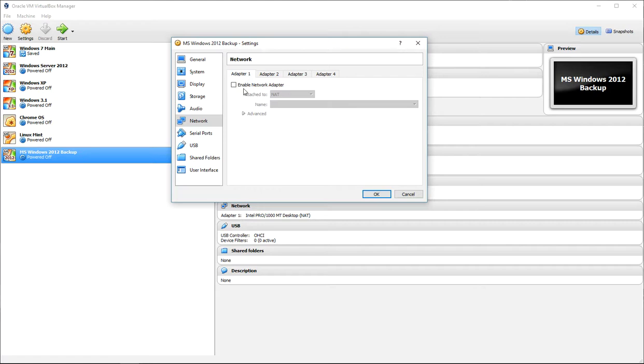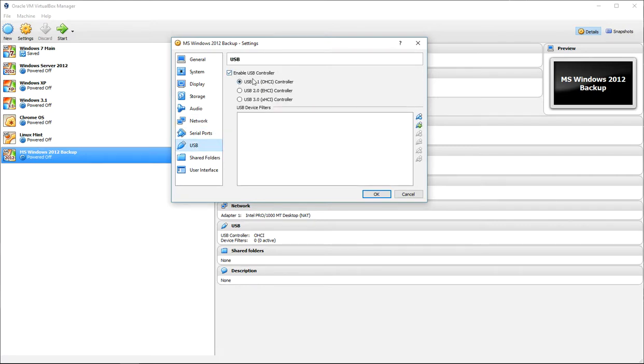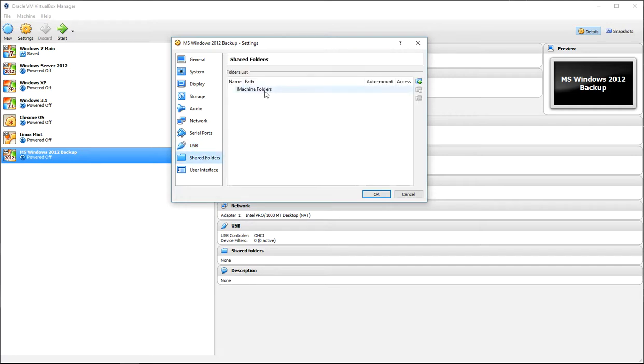I can then put some software on there, maybe my security software, and then I can come in here and plug the cable in. Serial ports, you can do serial ports, but I'm not going to turn those on. USB for my mouse.